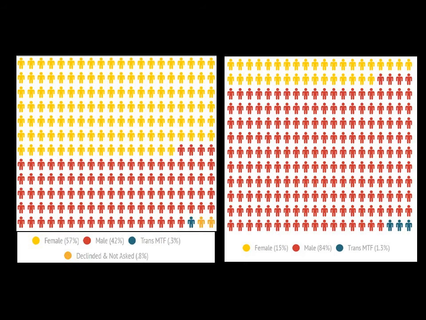So this is just those two graphs together. On the left here, what you're looking at are the total tests that were administered. And on the right, these are the total number of positives that were identified. So this really proved to be a strong visual for understanding the importance of reaching more men.